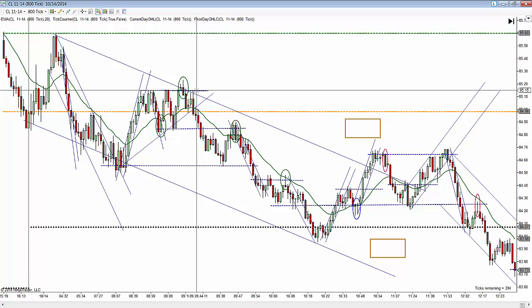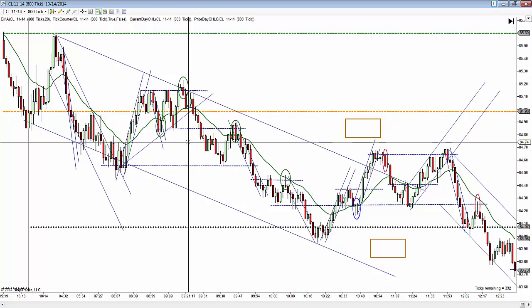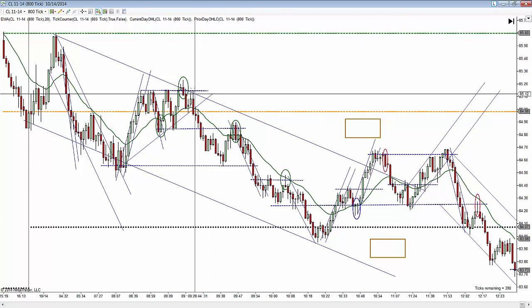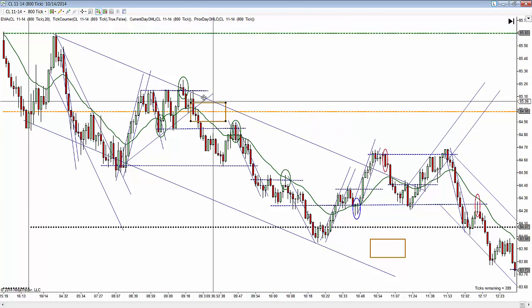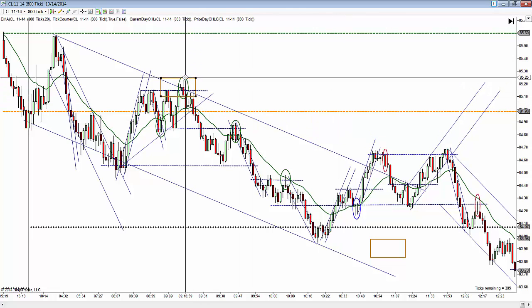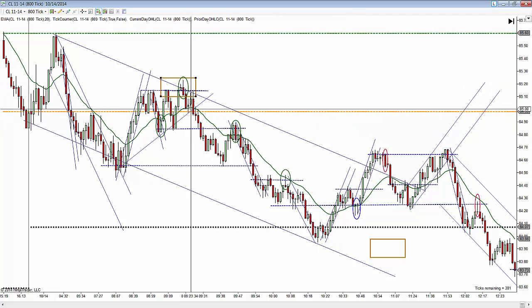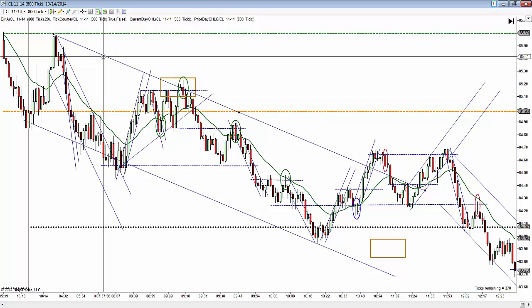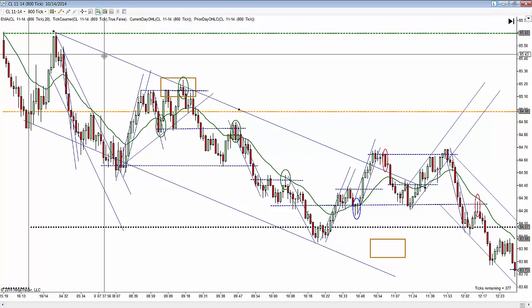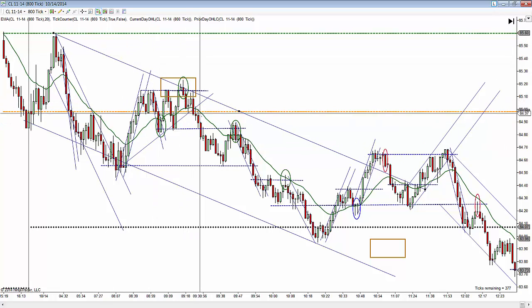And this was a really good short. Now, again, I was talking. I was distracted talking about other aspects of trading, and I missed this. It's a pretty decent short at the top range. I probably would have taken that. I'd been looking at it, but I missed it. As you can see, it's a second entry short, by the way, at the top of this trading range.